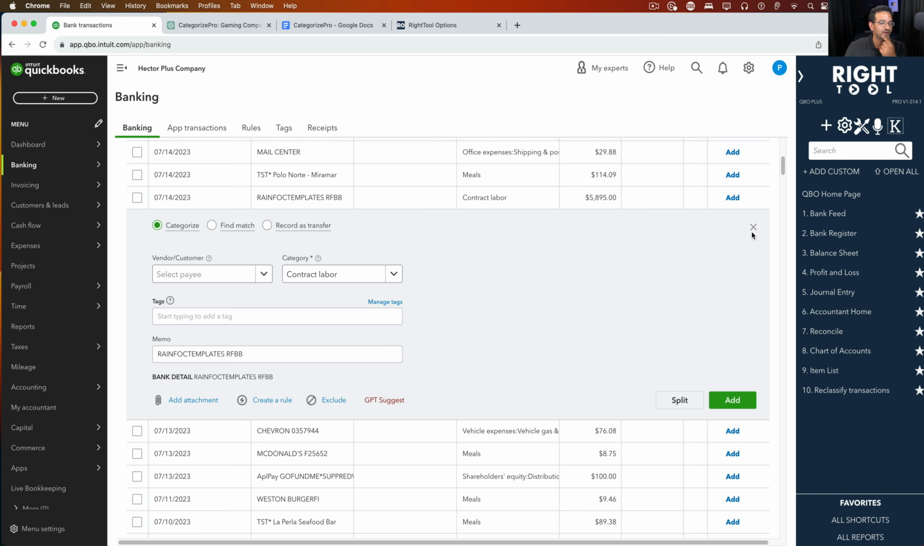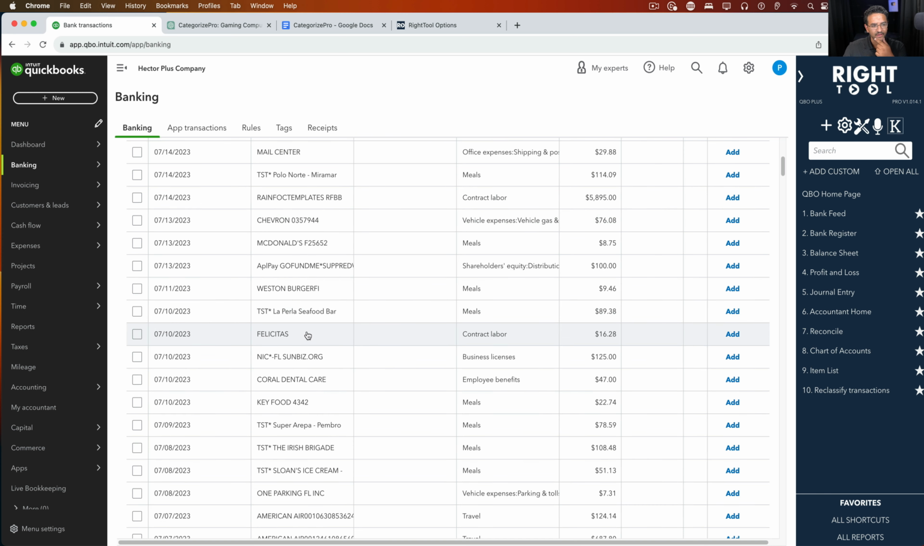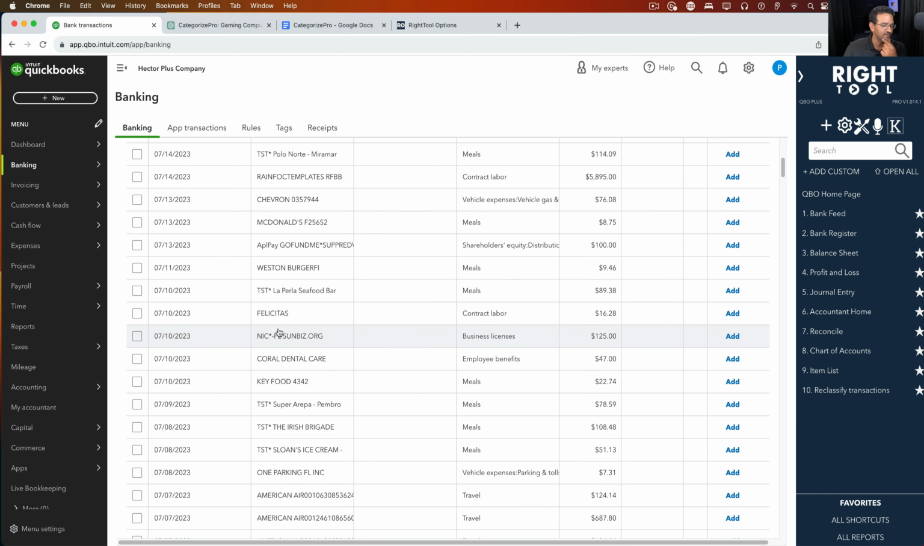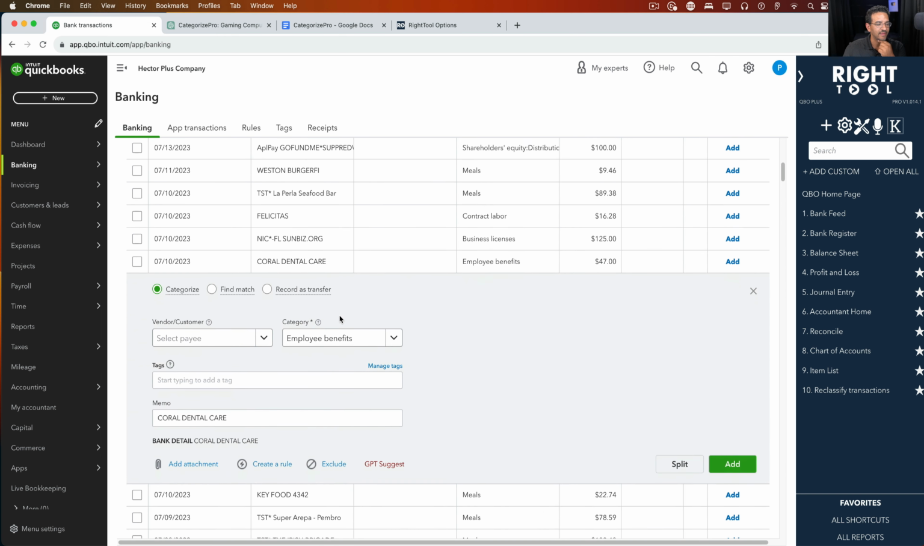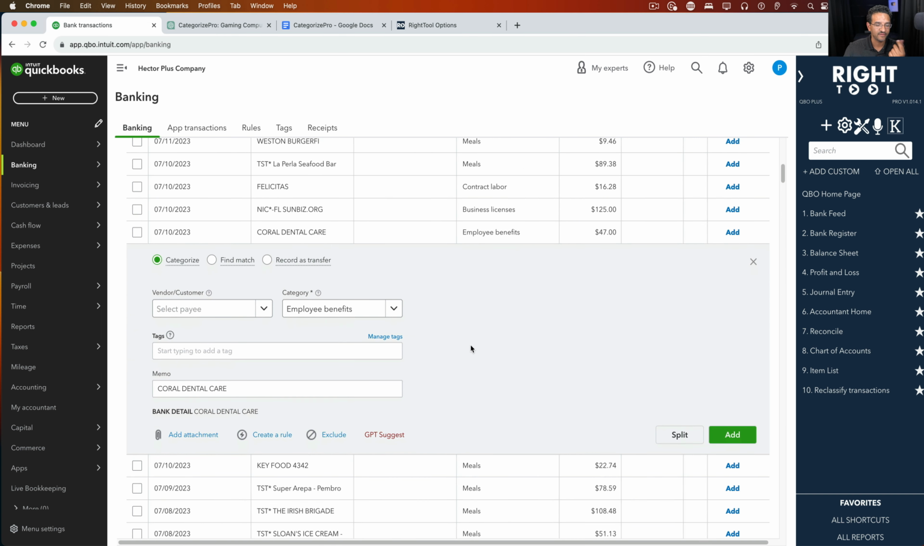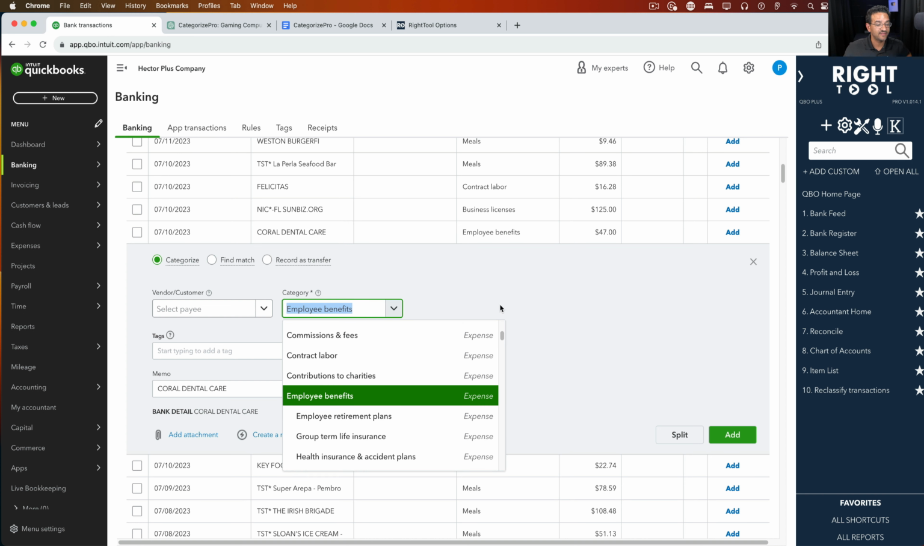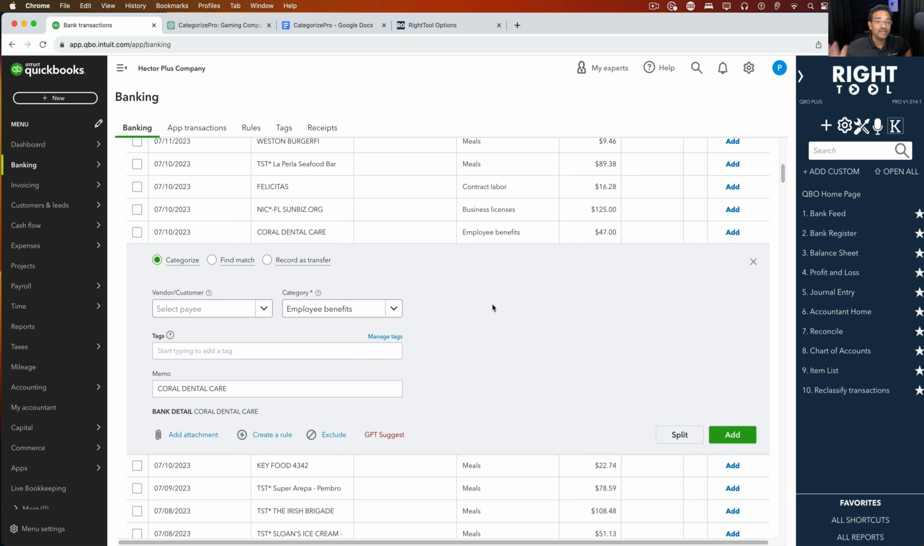Let's take a look at another one that I think could be wrong, and let's see what this could be. Let's take a look at a real tricky one here. We have here Coral Dental Care, which is a dental office, okay? So QuickBooks is suggesting employee benefits. Not bad, because if the business pays a dental office or some sort of dental related thing, it's probably some sort of